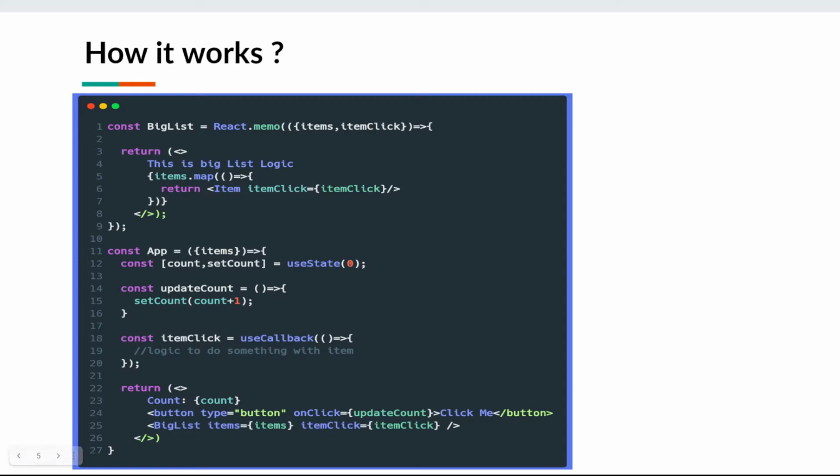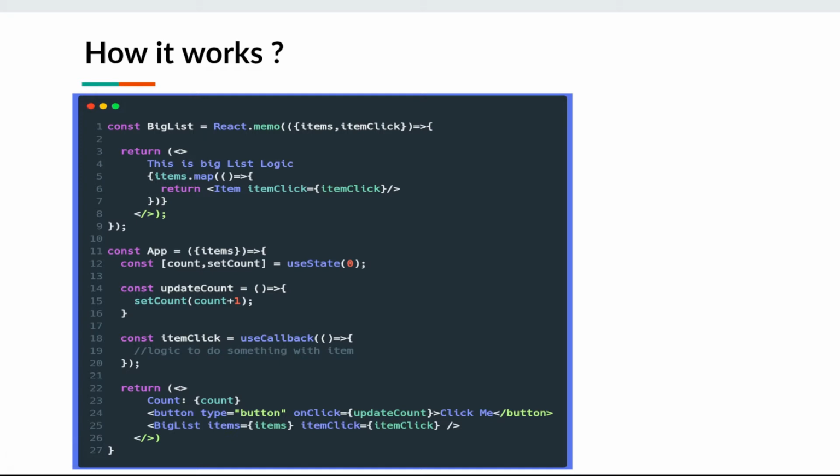Okay, so we have a button component. Clicking on the button component is going to update the counter, right? It will re-render the component and it will re-render all the children as well. So you can see that I have used BigList as a child component. I am passing items and itemClick, a method, to the BigList component.